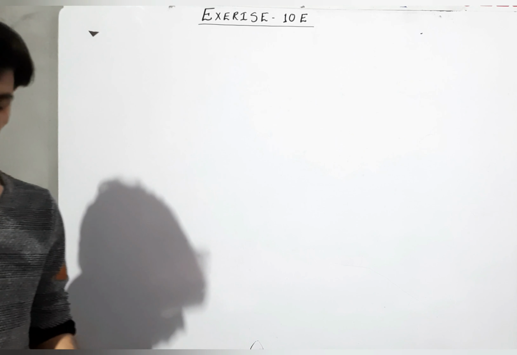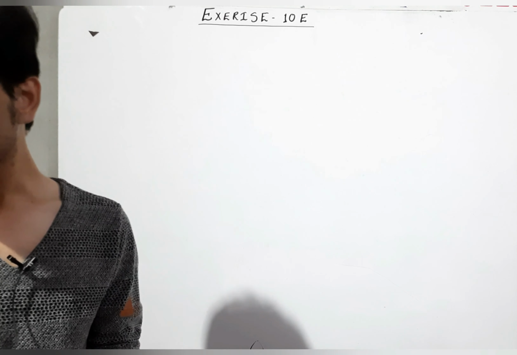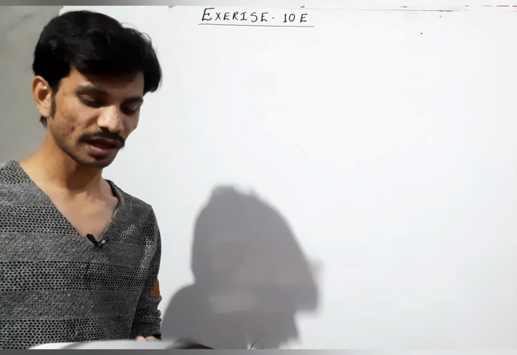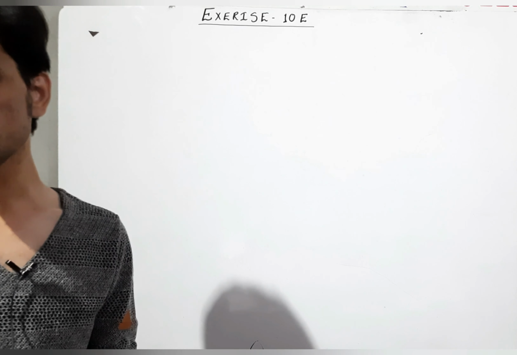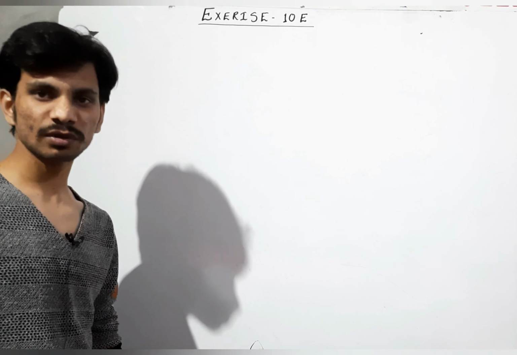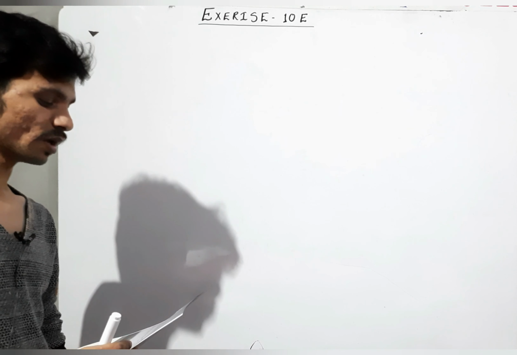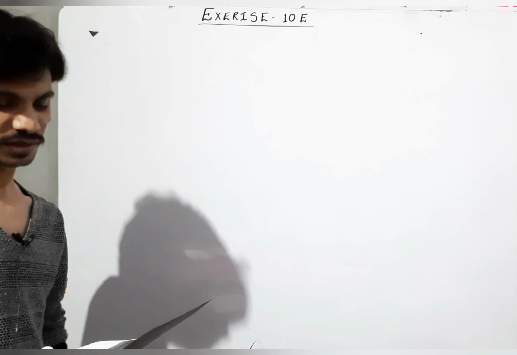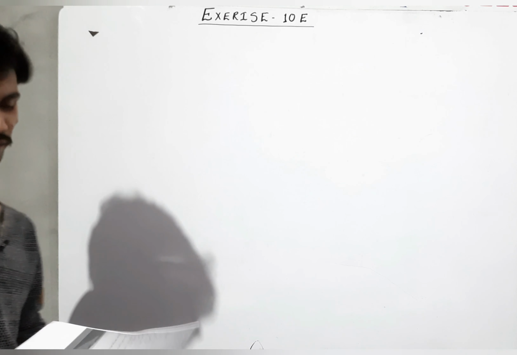Hello. So as we have completed the last exercise 10D, now let's begin exercise 10E. This exercise is different from the earlier exercise. In the earlier exercise, we were just given equations in which only the independent variable was shown, but in this exercise, the questions are of the sort in which both the dependent and independent variables mix together and comprise the equations, different types of equations, and we have to find the derivative of y with respect to x.